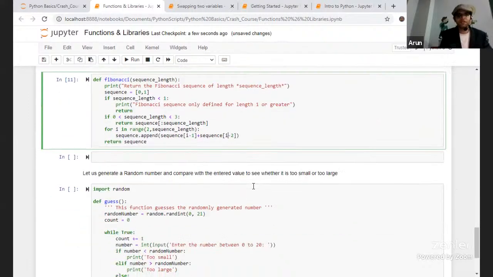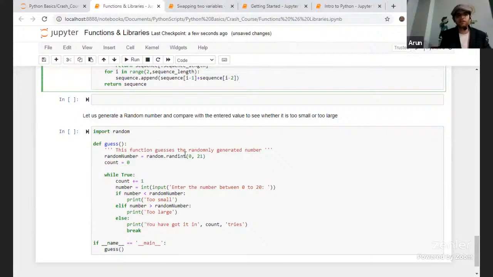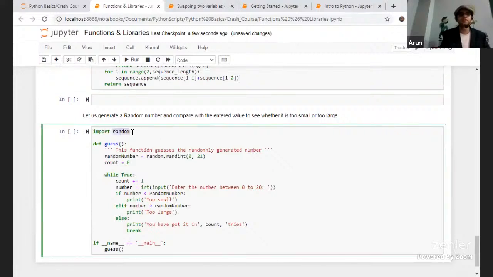Once the Fibonacci series is created, we'll try to call it. First, we'll import random. This is nothing but a package, which I'll probably explain in the next session, but let me give you a small hint. We can have a lot of standard libraries, like random, math, and pyplot. For plots, you can get something called matplotlib.